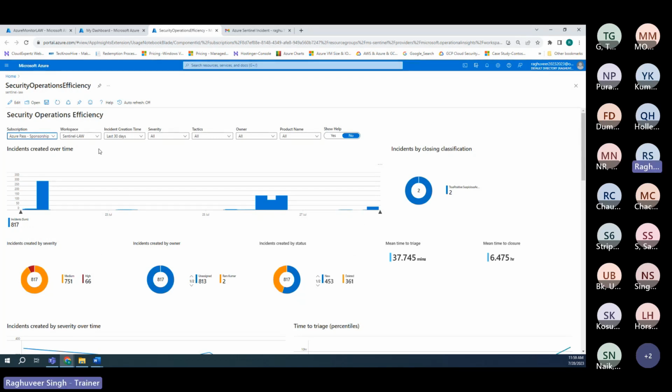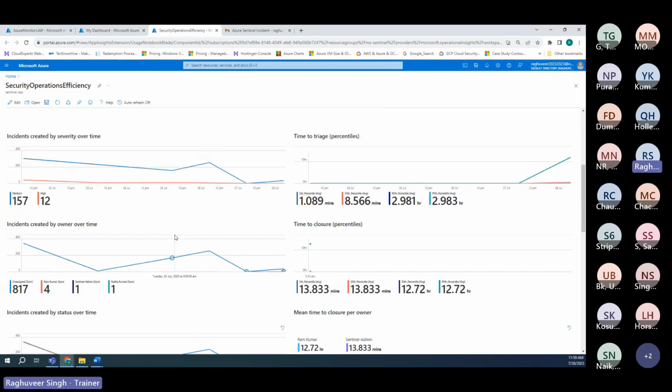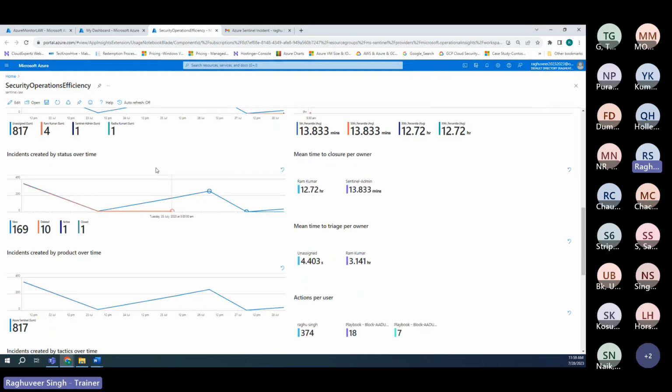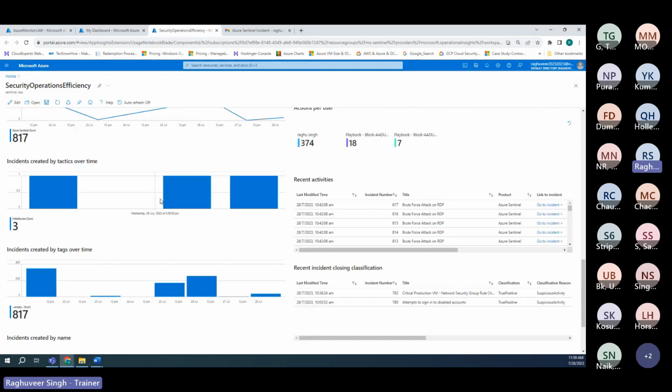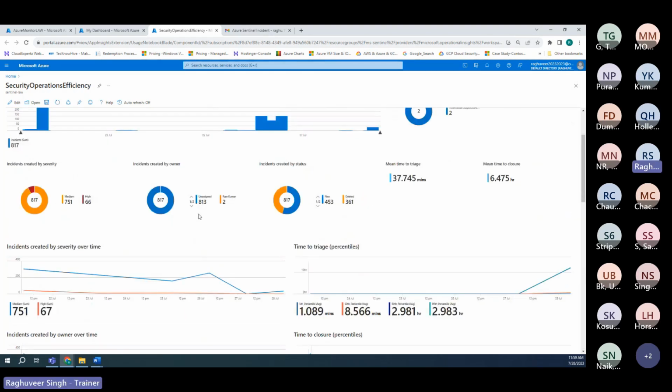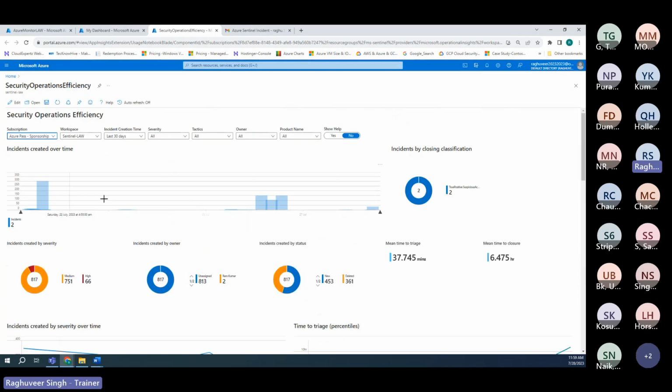This is your Sentinel incident workbook, which shows you incident related information: how many incidents got generated, how much time you took, and all of the information related to incidents. Your ITSM service owner, somebody who is the owner for ServiceNow, BMC Remedy, or workforce management, would love to see this workbook, or would love to have it in the form of reports being sent to him or her at the end of every day,